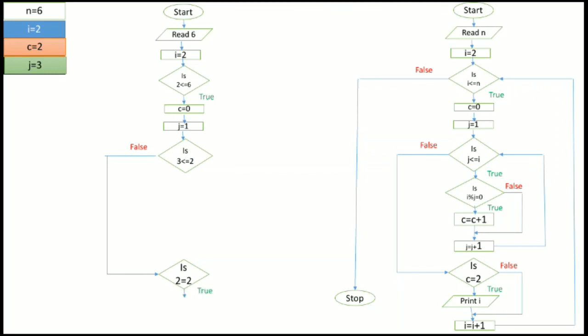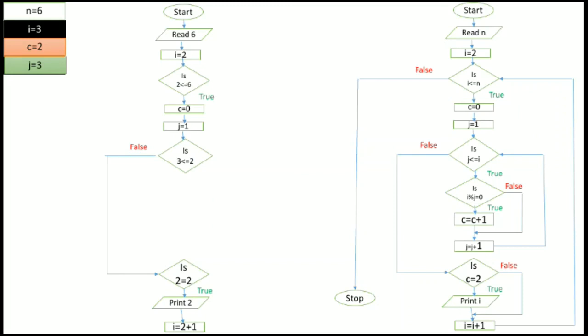Yes, it is true. Then we will print the value of I, that is 2. So 2 is a prime number. Now we will increase the value of I by 1. So the new value of I will be 3.